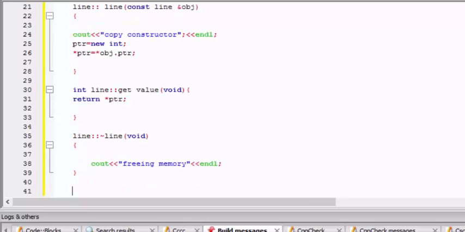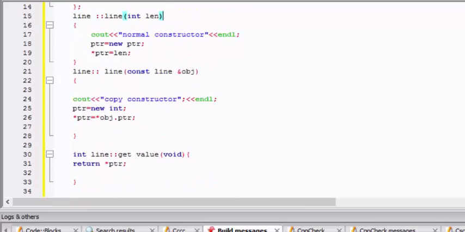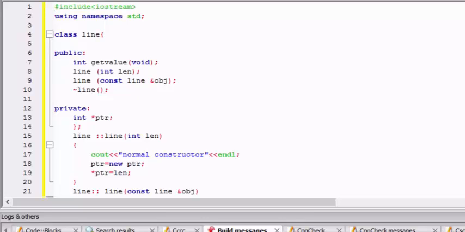Now change the line. So it's all done with the constructor, destructor, copy constructor and getValue function part. Now we will continue this video in the next